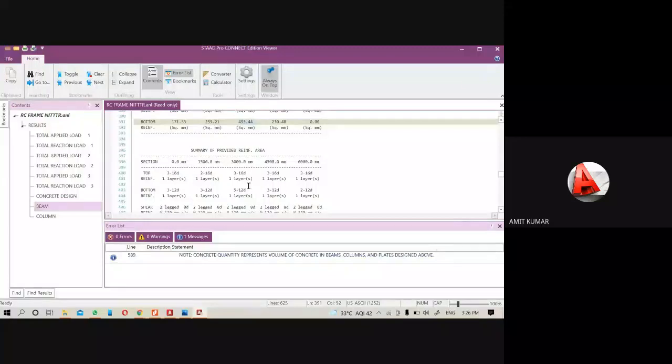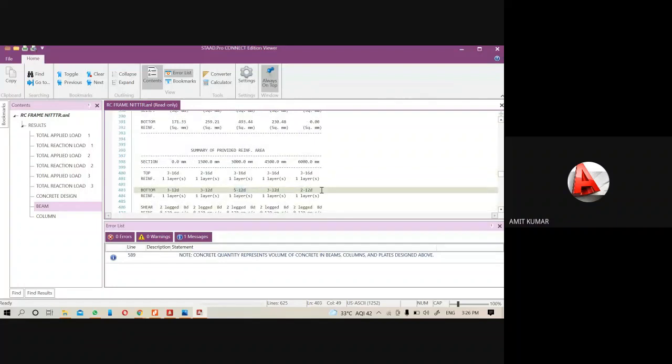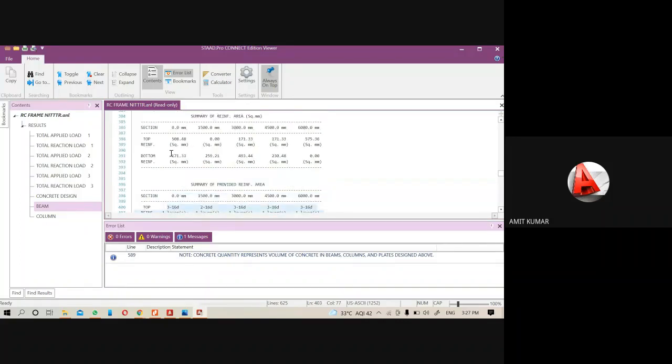That's why at a distance of 3000 you can see the number of bars has increased. So this output will give you an idea to calculate the number of bars according to these areas also.